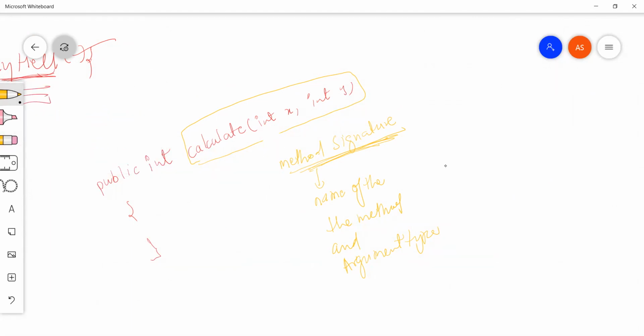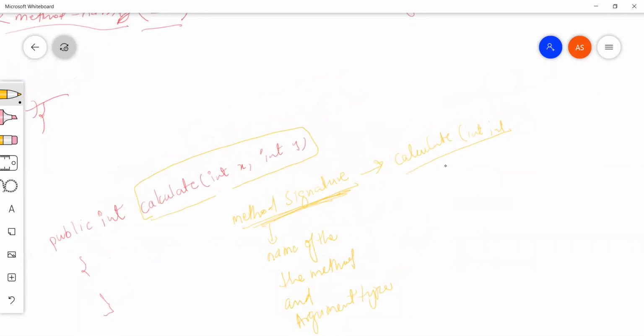The method signature would look like calculate and int and int. So this is the method signature. Getting my point? This is called method signature. It can be z here, it can be i here, it doesn't really matter. What matters is the type, whether it is int, float, double. So we can say calculate and int, int is the signature of this method.